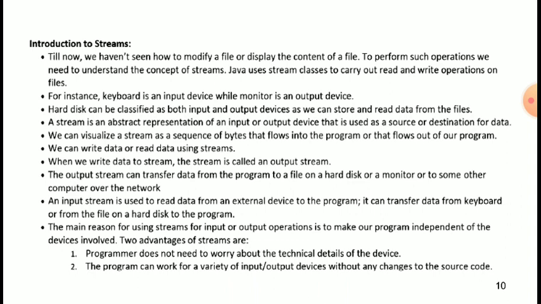Next topic, introduction to stream. Till now we have not seen how to modify a file or display the content of a file. To perform such operations, we need to understand the concept of streams.